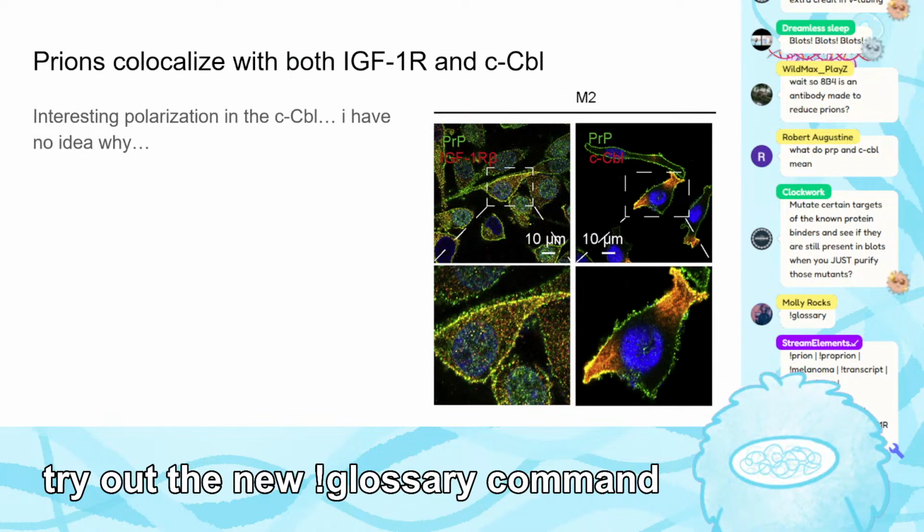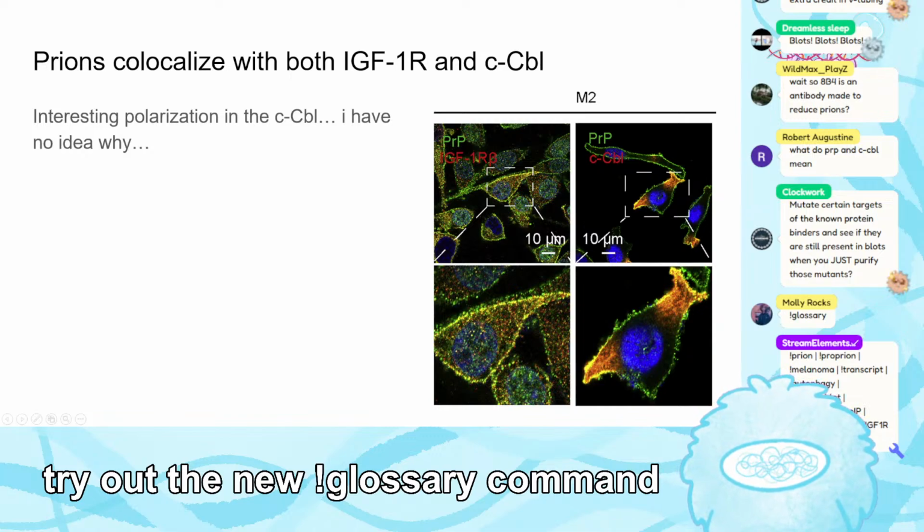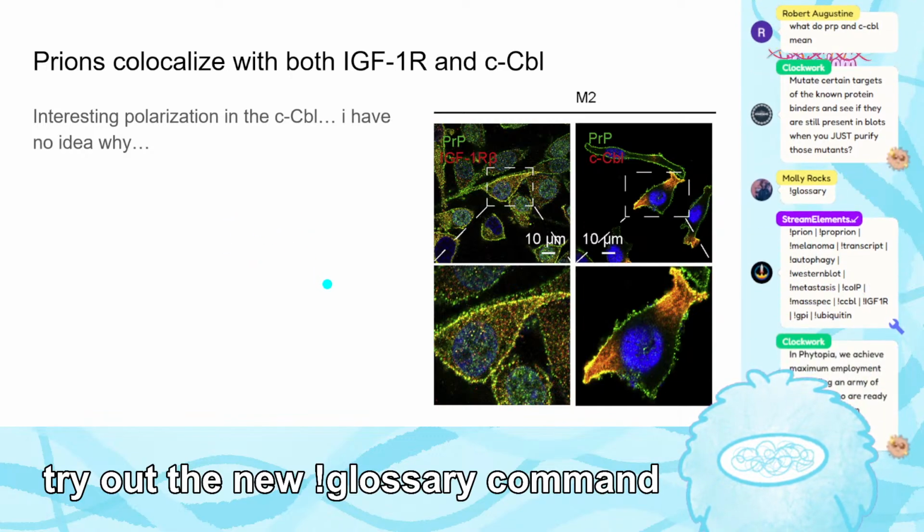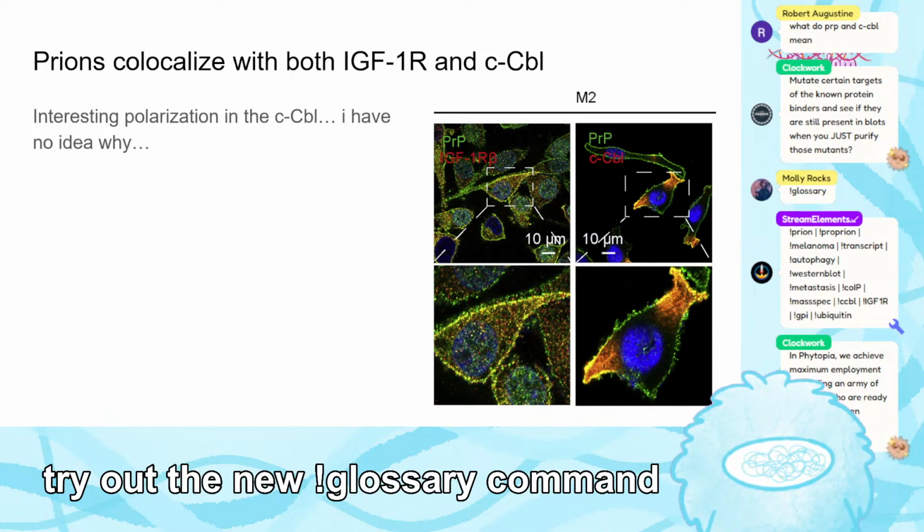Here's some interesting fluorescence data showing their colocalization. Unfortunately, we don't have a 3-color colocalization. This is just kind of weird and interesting to me. I hate it when people do red and green fluorescence. It's always so annoying because of color blindness. But we can see here that at the membrane,